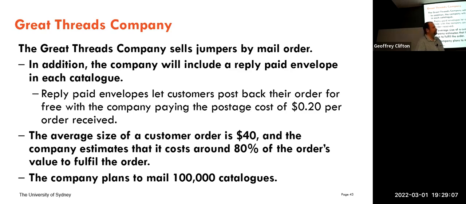Say again, sorry? The shipping cost of the products ordered from the warehouse. Yep. They don't know it precisely, because the question was, do they know how much it's going to cost to post the items out to the customers? They know how much the catalog will cost to post to the customers. They don't know how much the product will cost to ship to the customers because it depends on exactly what they order. So if they order one,